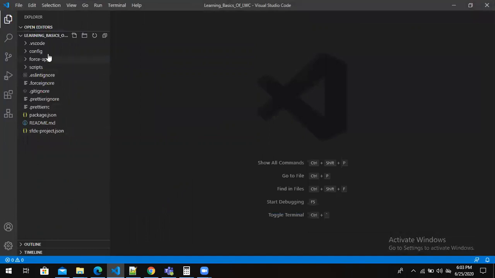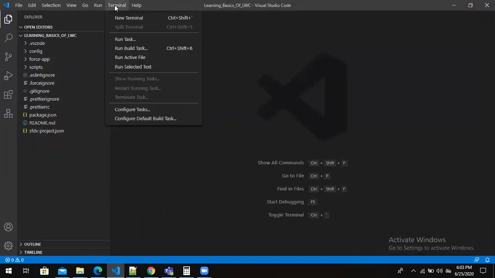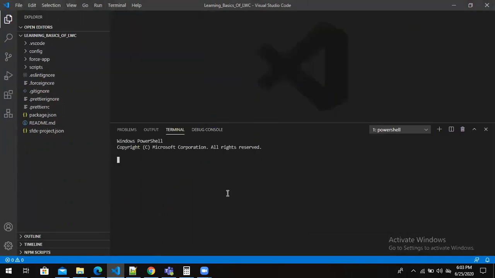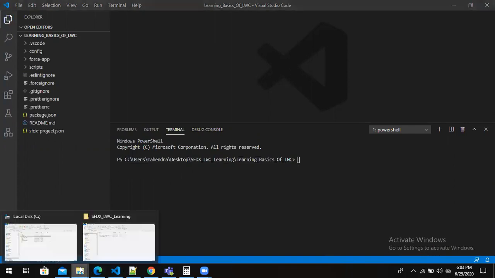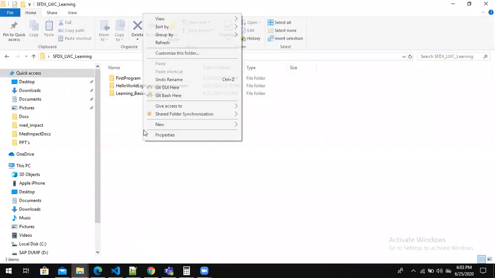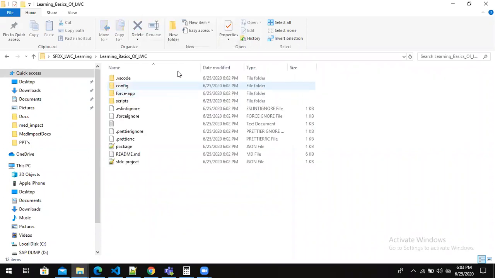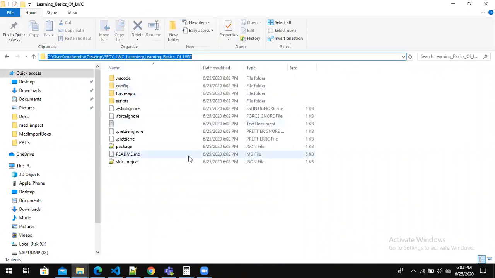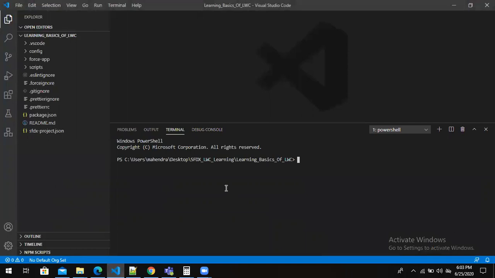To check whether Visual Studio Code is in the new project or not, you can click the terminal here, and if you see the terminal path, it has moved to this newly created project. Learning basics is what we created right now, right? After creating the new project, it navigated to this path automatically. We are just making sure it navigated.